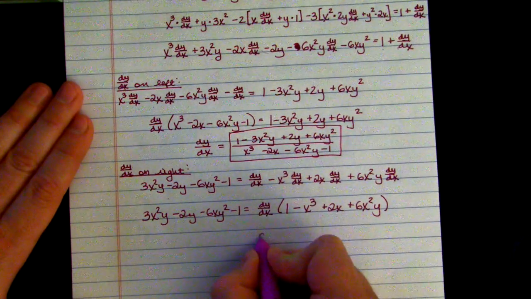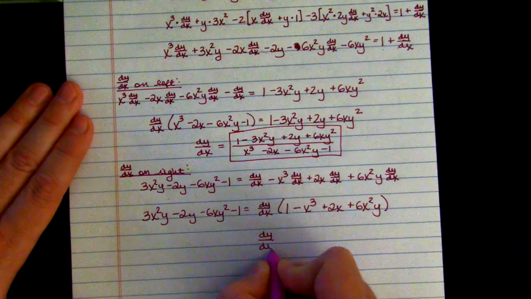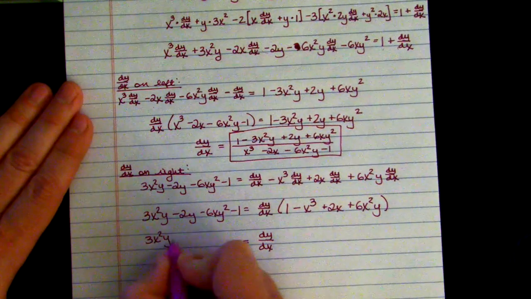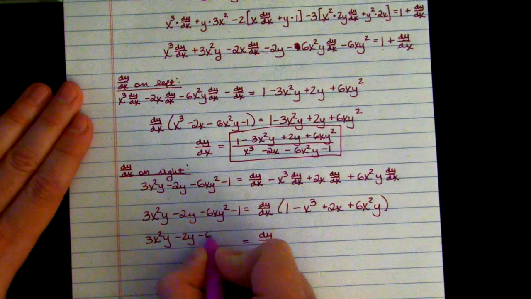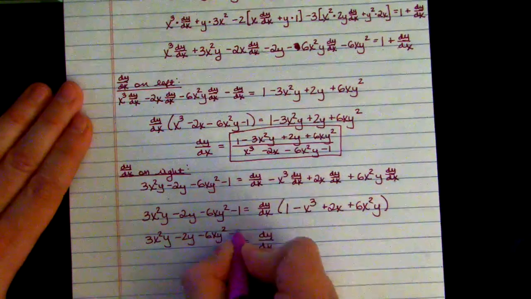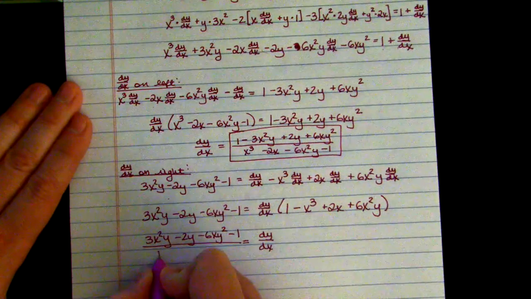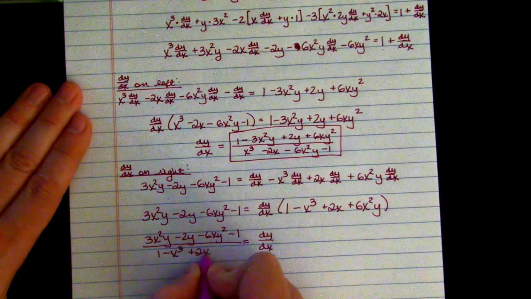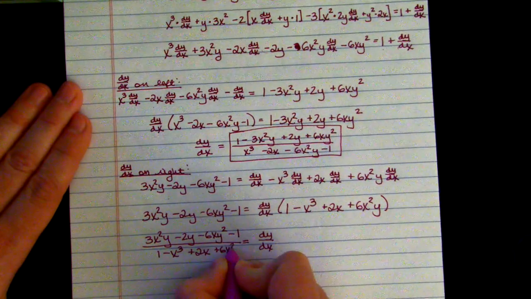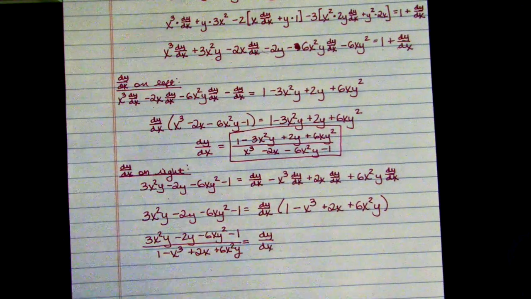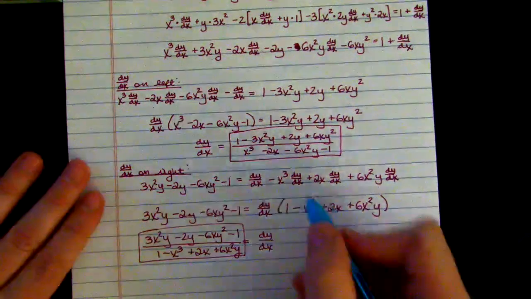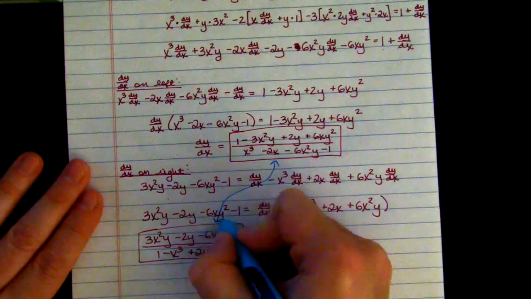I'm going to divide, and I'm going to get dy/dx equals (3x squared y minus 2y minus 6xy squared minus 1) over (1 minus x cubed plus 2x plus 6x squared y),